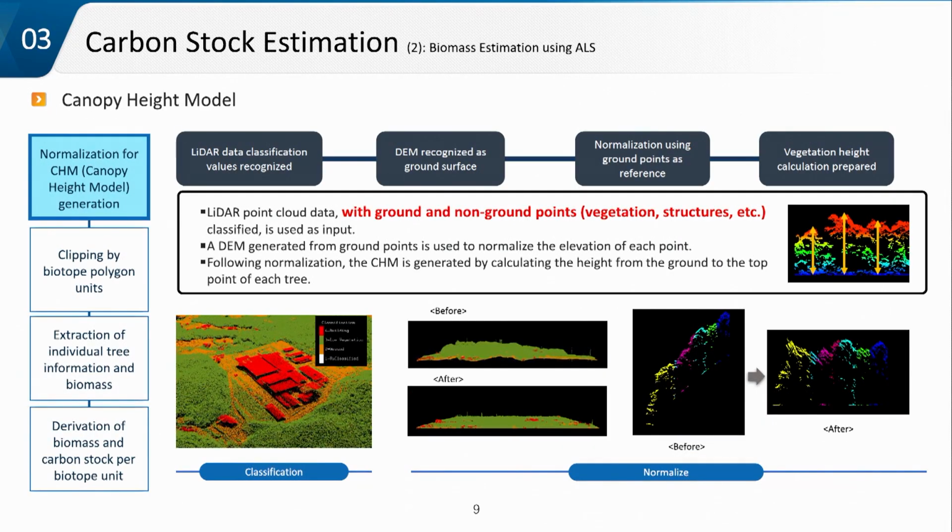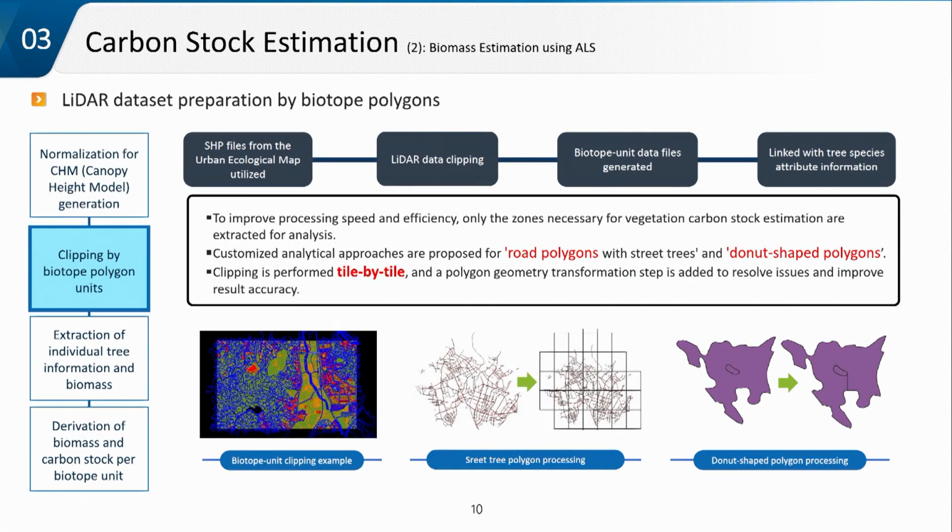So first, classification. I won't talk much about this stage, but it was still challenging. Even though we have a lot of built-in programs in the airborne surveying tools, there is no universal algorithm to classify it perfectly. So it requires a laborious checking process by engineers. And next, point cloud clipping.